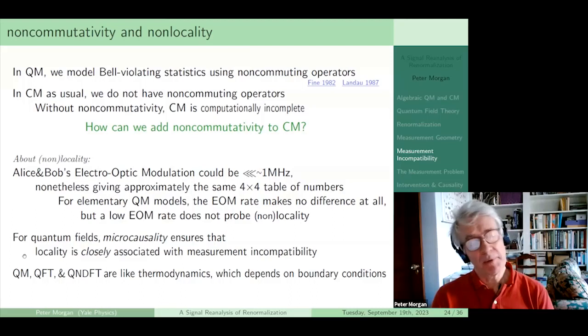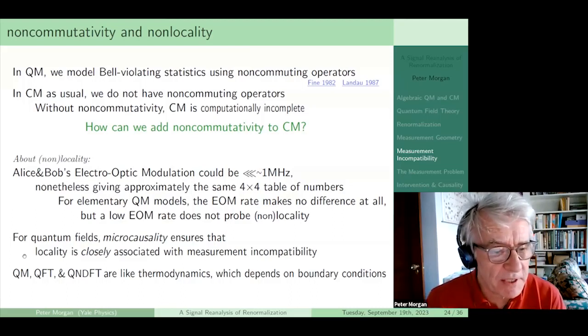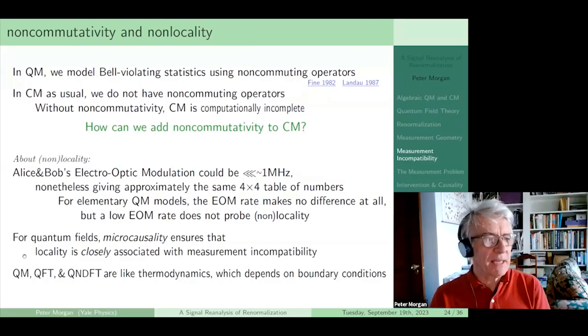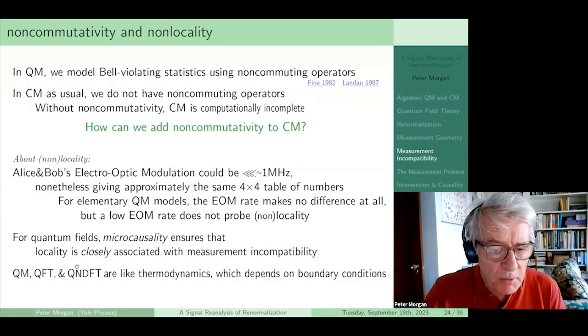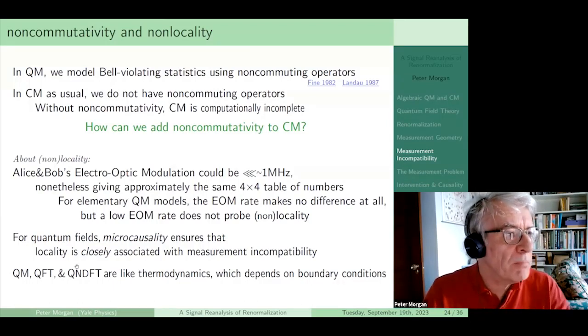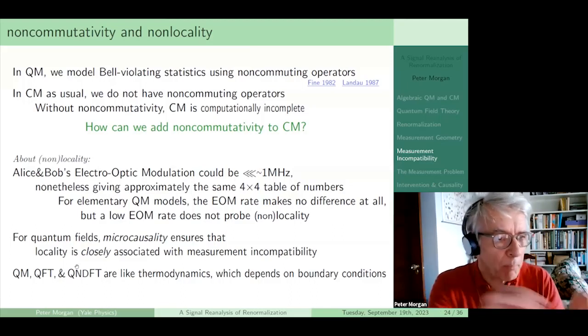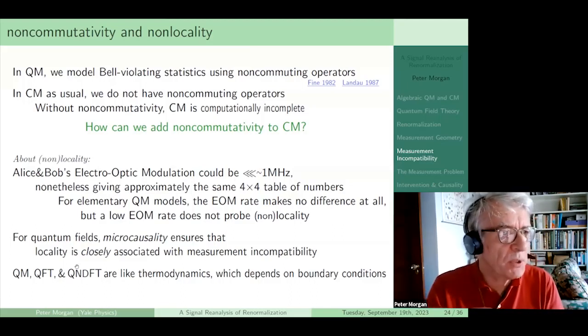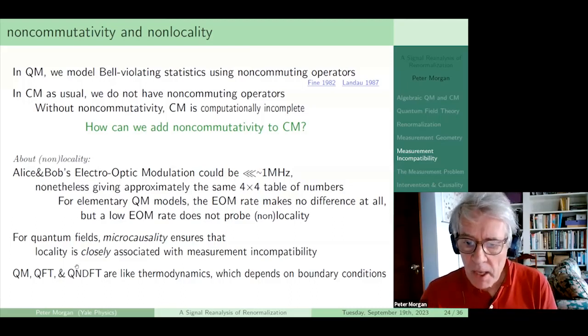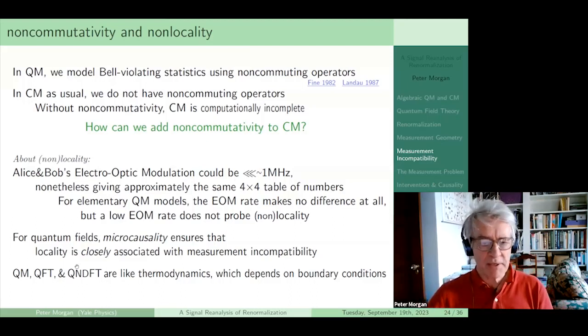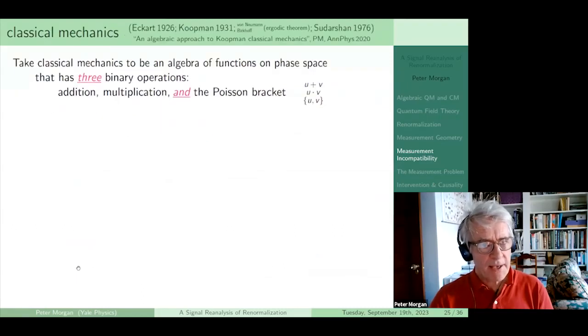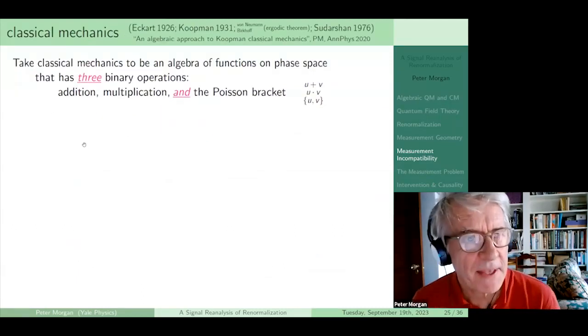Everyone's so concerned. Well, a lot of people are. But quantum mechanics, quantum field theory, quantum non-demolition field theory are like thermodynamics more than they're like classical mechanics. It's like a local thermodynamics in particular, where you measure the temperature locally, not at a point, but just in a small region, just as we would say with a test function. So that results in something like the heat equation, which of course depends on boundary conditions in a way that classical mechanics does not. That's as much as I'm going to say about non-locality.